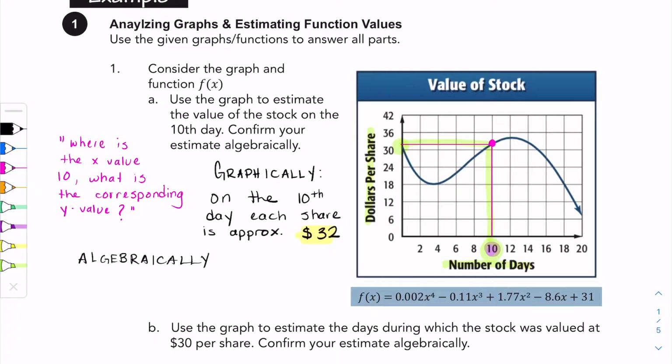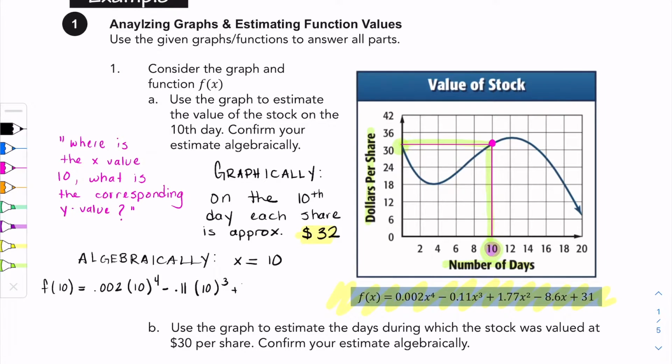And confirming our answer algebraically would just be taking the function that's given, so this function down here, and substituting 10 in for your x values. We know our x value is 10. We're looking for the 10th day. So therefore, we substitute this into the function as f of 10. We have 0.002 times 10 to the 4th minus 0.11 times 10 to the 3rd